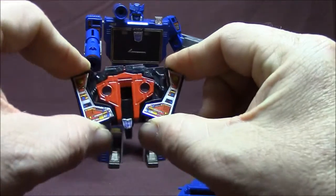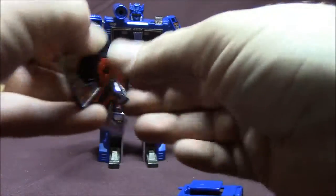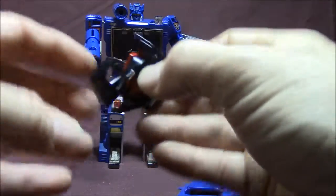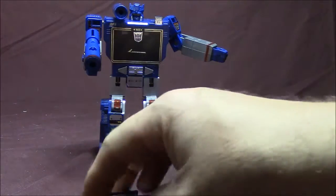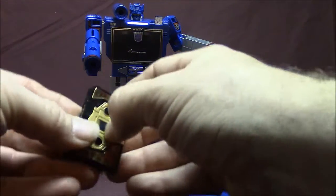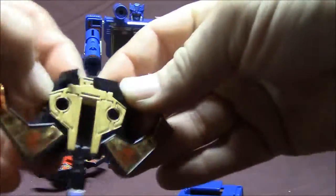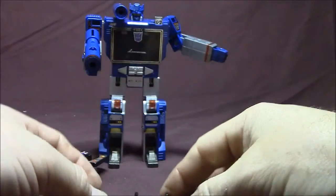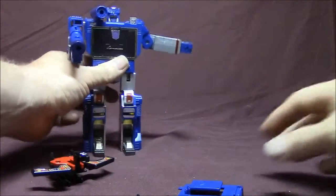Then these wings, just kind of pry them out. Alright. And then the legs are this part, and they fold down. Don't be too concerned about that clicking noise. It always does it. So that is one of them. And then same process, of course, for the other. And he has more extension to his wings. This one does. And what I like to do for display and how I would photograph this for eBay,